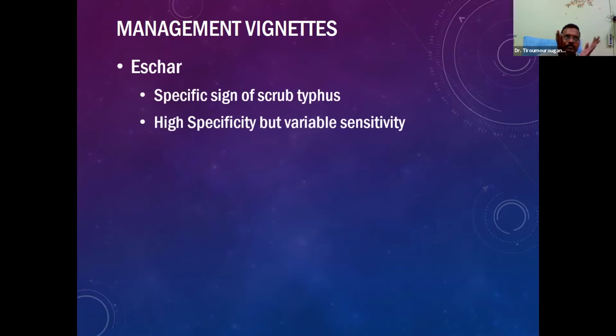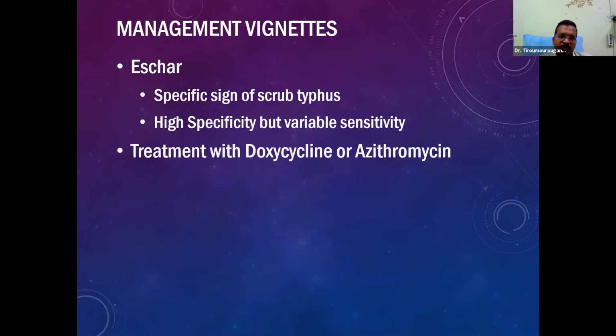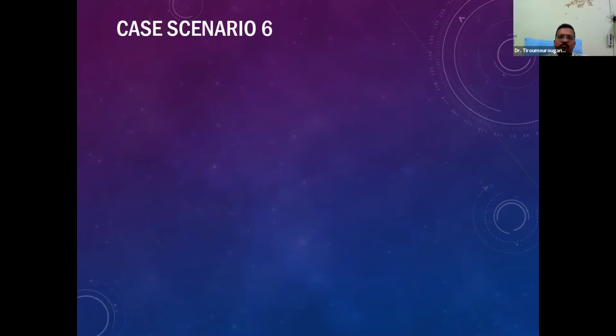So then what should I do? How do I make a diagnosis of scrub typhus? Studies worldwide, not only in India, everywhere in the world, have shown that the single most specific diagnostic criterion, if at all, for scrub typhus is the eschar. It is a specific sign with a specificity as high as 99%. The only problem is it has a very variable sensitivity. In the Indian population, eschars are not very commonly seen for whatever reason, whereas in some Western populations, it is very commonly seen. Of course, if you get an eschar, treat with doxycycline, or azithromycin if we think it is drug resistant; otherwise doxycycline is still the drug of choice.